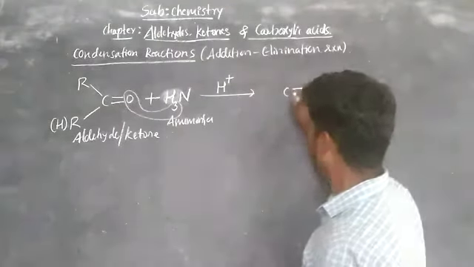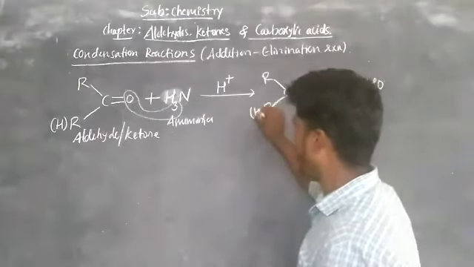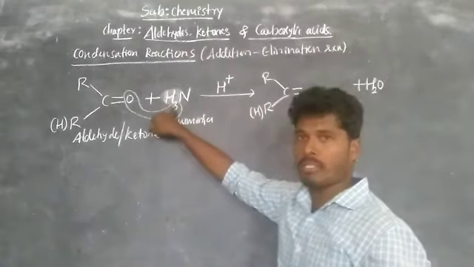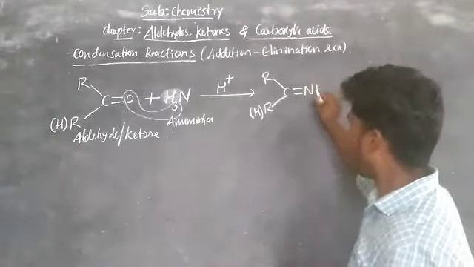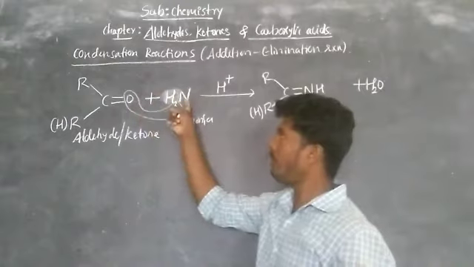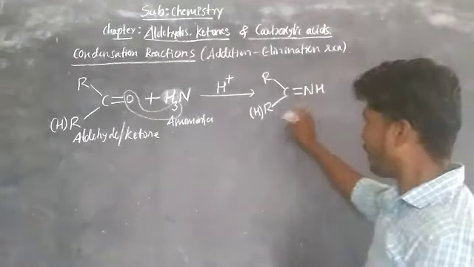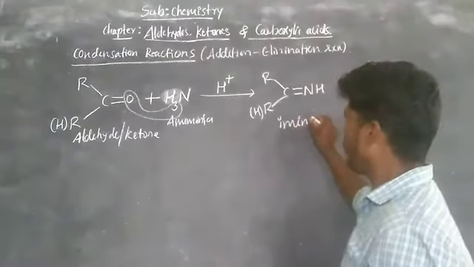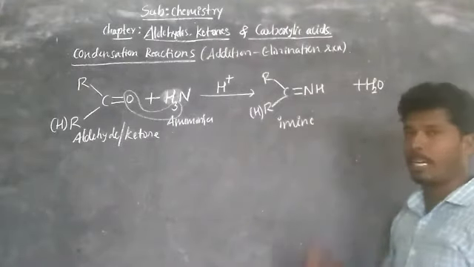That is C double bond, with one end R and the other end either R or hydrogen. Now, with the carbon double bond, 2 hydrogens are eliminated and the remaining is 1 hydrogen on nitrogen, that is NH. You have to write it like that, because the bond is made with nitrogen, not with hydrogen. This product is called an imine. So imines are compounds containing a carbon nitrogen double bond.